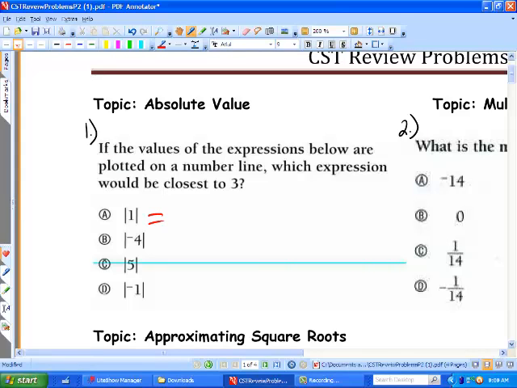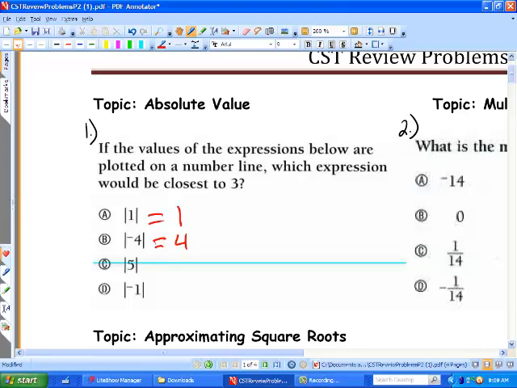The definition of an absolute value is taking the number on the number line and finding its distance to 0. So we're not dealing with positive or negative values, we are just dealing with units. So 1 is 1 unit away from 0, so the absolute value of 1 is 1. Negative 4 is 4 units away from 0, so we get